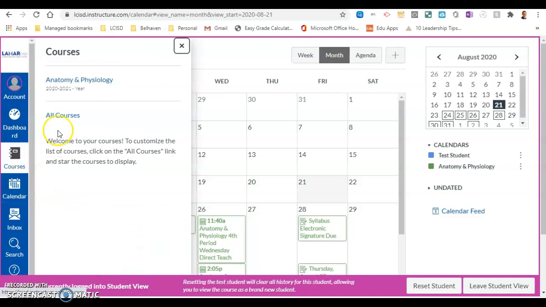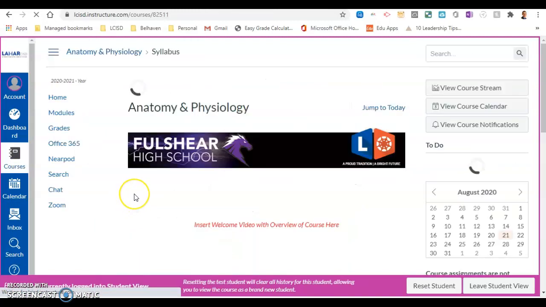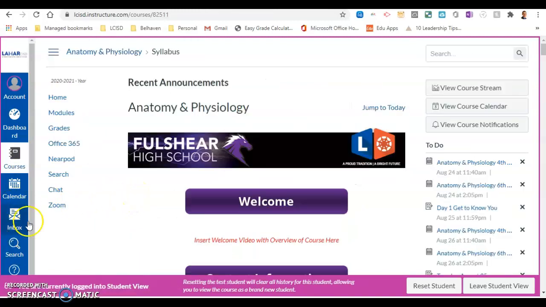If you ever need to communicate with me, then you can talk to me right here using this. This inbox is just like an email account. You can send messages to me, and I can send messages to you, and we can communicate back and forth that way too. So hopefully this helps you understand a little bit about how we're going to use the system,